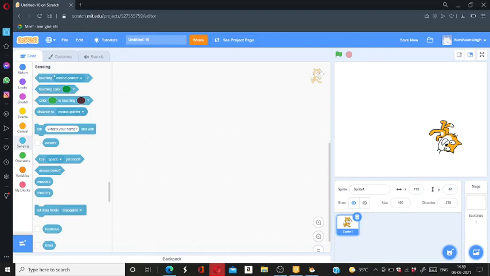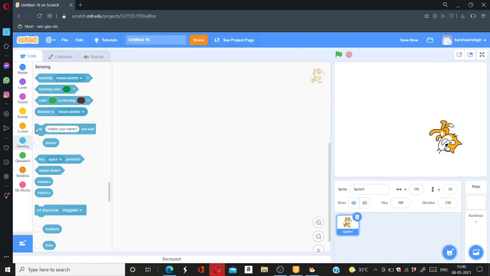Then touching color is if the sprite is touching this color, then do this. Then if the color this in the sprite is touching the color this in the backdrop. So this is the distance to mouse pointer.